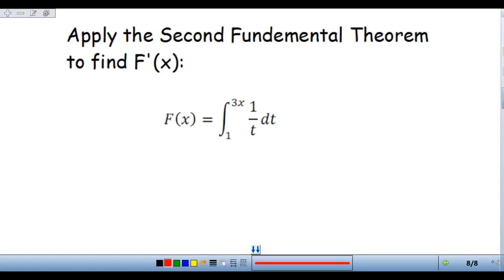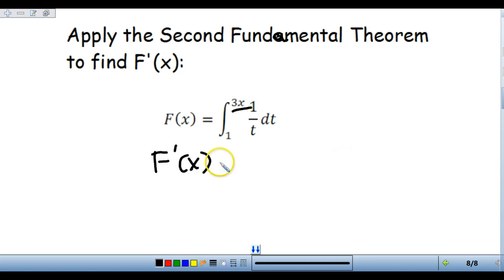So recently we've talked about the first and the second fundamental theorem of calculus. So in this chapter we're going to be doing a lot of reviewing of our antiderivative vocabulary that we learned in the previous unit. Second fundamental theorem being one of them. Recall that the second fundamental theorem of calculus says that the derivatives and integrals are inverse operations, but we do have to worry about chain rule. So if I want to find